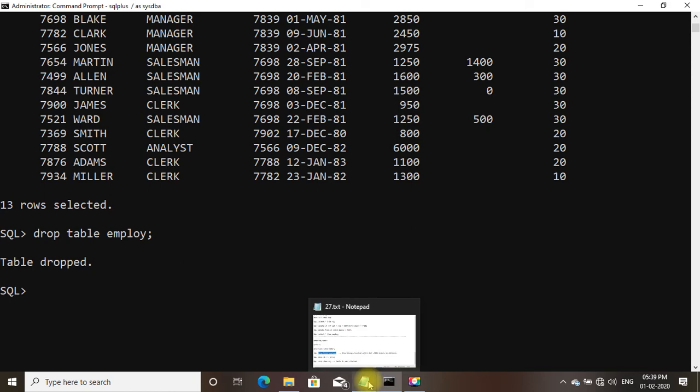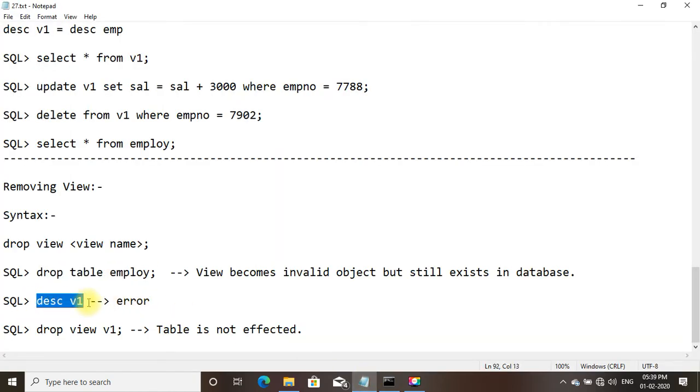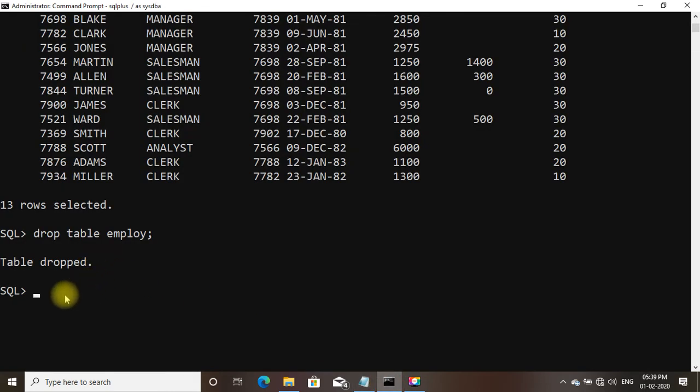Table dropped. Now if you do describe v1, it should give an error message. Error: invalid object for describe. So this is the error given.